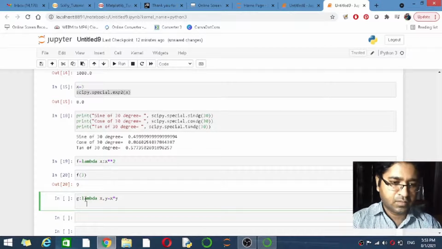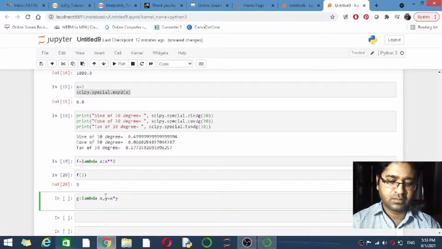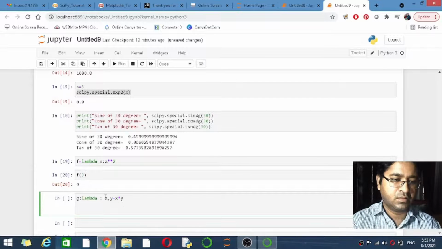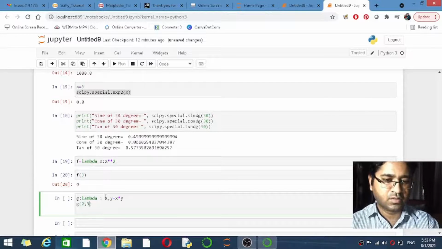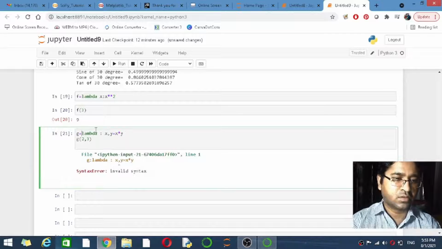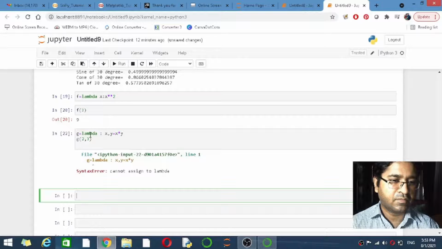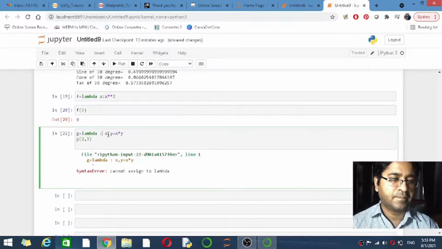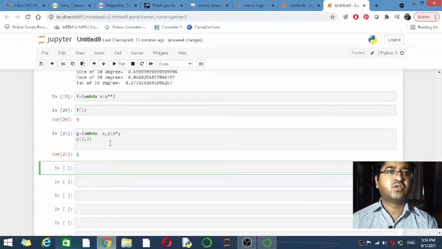Okay, so g is lambda x comma y, and it is going to give the multiplication of 2 and 3. We cannot assign with a colon here.